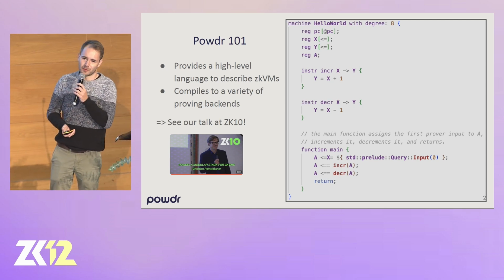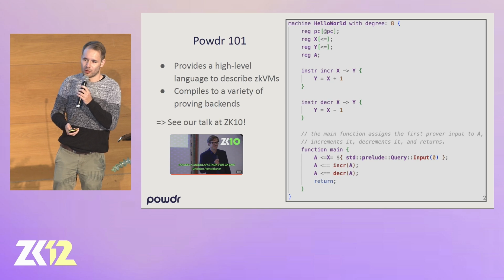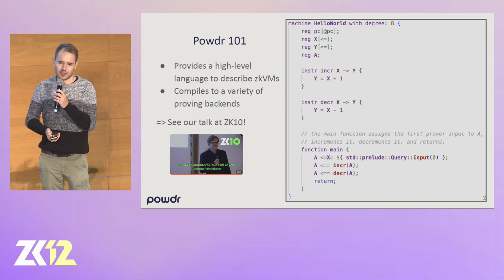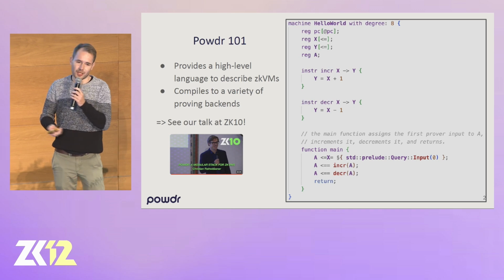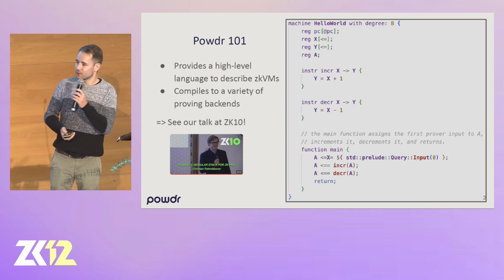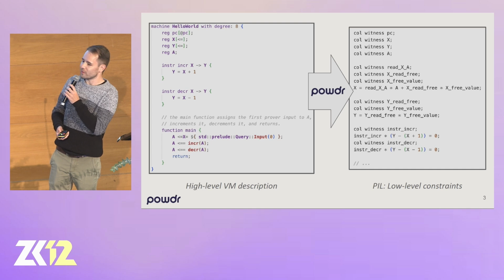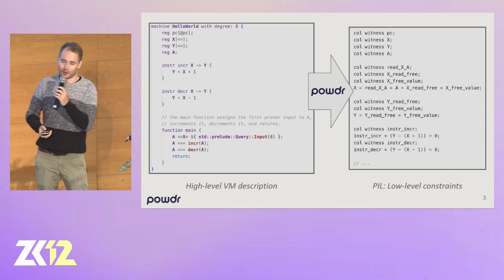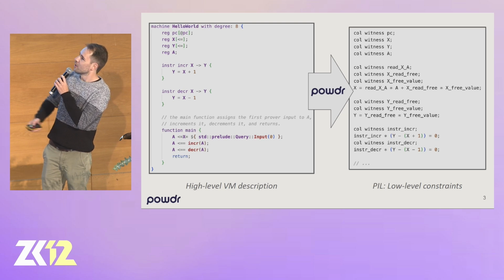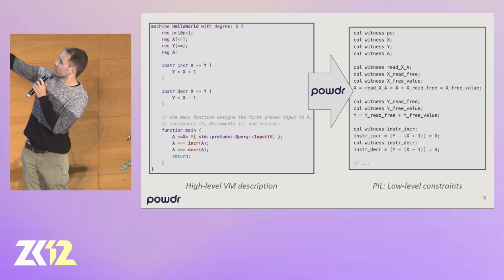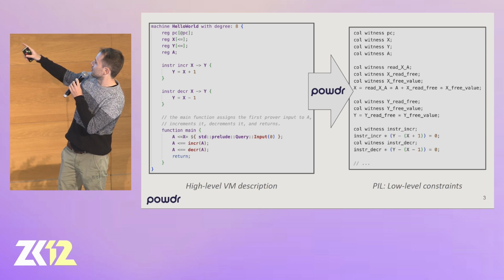But we also have an implementation of RISC-V, for example, but you could also imagine a zkEVM. That would take a few hundred lines of code in this language. But this talk is going to be more about the low level, so let me walk you through the compiler pipeline. On the left-hand side, you see the high-level description, and the first step would be to compile to